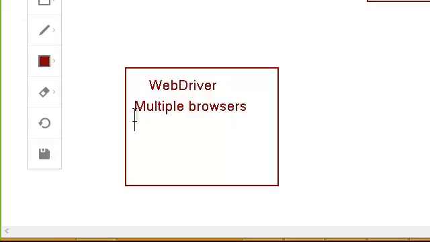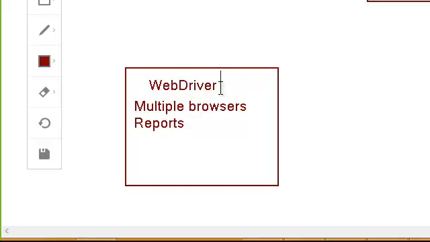Then reports can also be generated, both the HTML and the Excel reports, right? And a lot of new features are also there which we will be discussing in our course. That is the same functionality which RC does, it is there with the WebDriver as well, plus a lot more new features, which we will be discussing in our course. So in order to overcome the drawbacks of RC, WebDriver came,